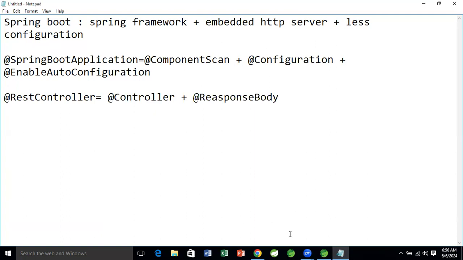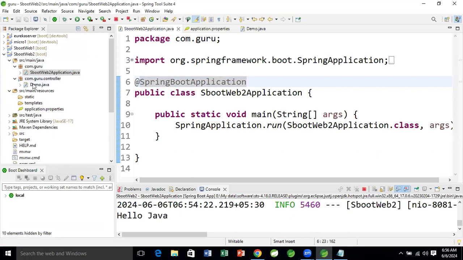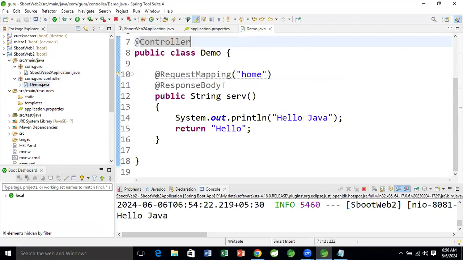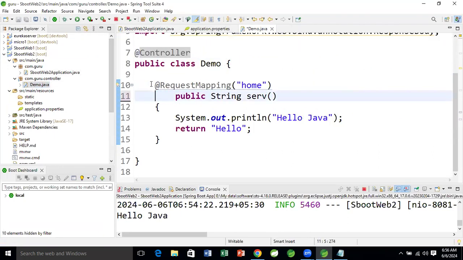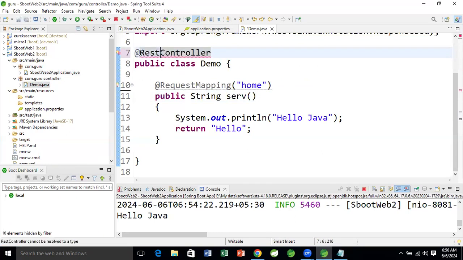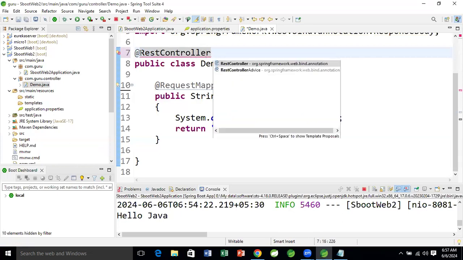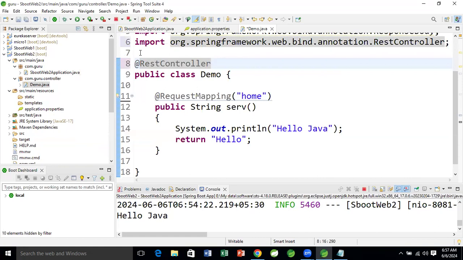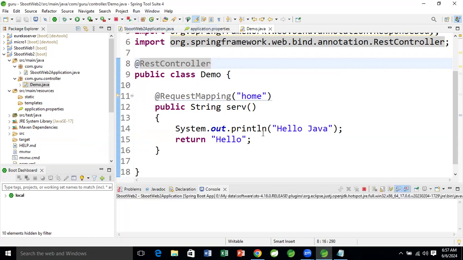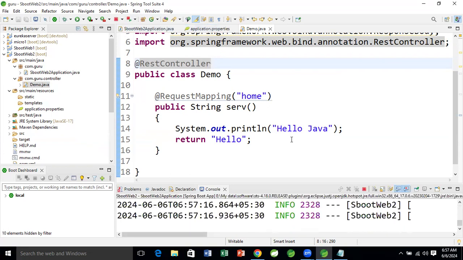Here I use response body, but in place of this, we can use REST controller because REST controller is a combination of controller plus response body. Relaunch our application again,